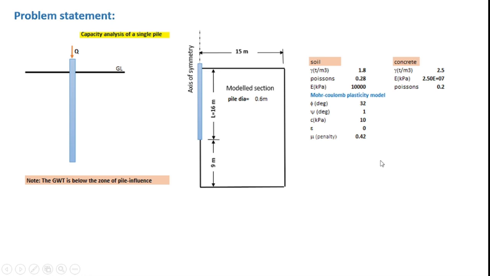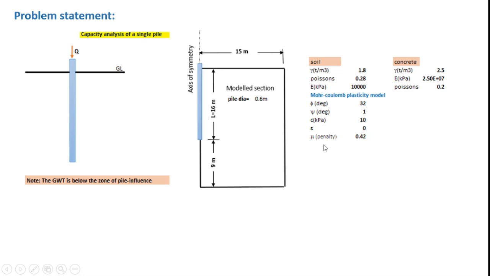So coming to this problem, we have two materials. One is soil and the other is concrete. And the soil has a mass density of 1.8 ton per meter cube and a Poisson's ratio of 0.28. The E value, that's the Young's modulus of elasticity in kPa, is 10,000. And the plasticity behavior of the soil will be modeled using the Mohr-Coulomb criteria. The friction angle will be taken as 32 degrees, dilation angle will be 1 degree, and the cohesion will be 10 kN per meter square with an associated plastic strain of